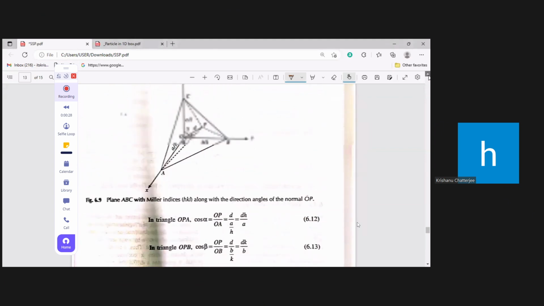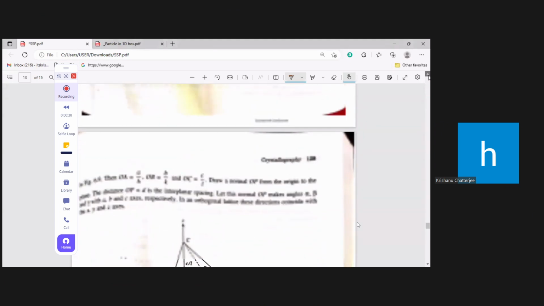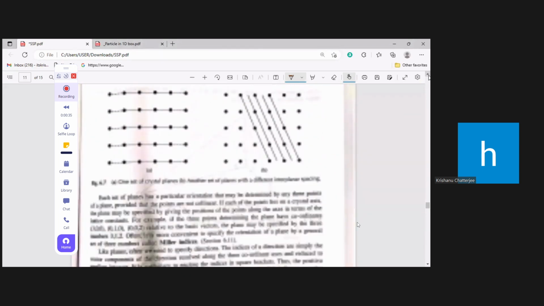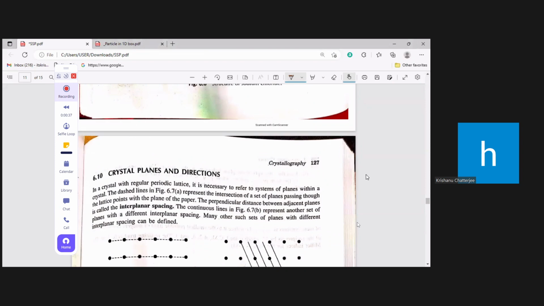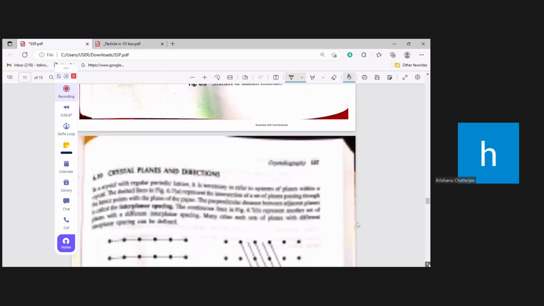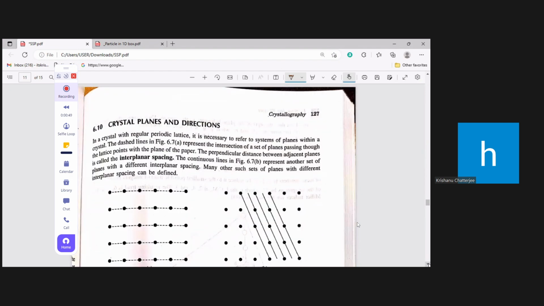So we have done solid state physics, the lattice, the Bravais lattice, and the crystal structure, the 7 crystal systems. All those things we have done. Okay, and today a little bit only. There is no need to go through the crystal planes and directions. We will be going through this